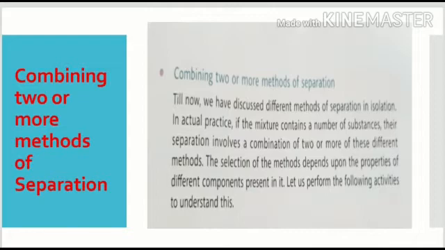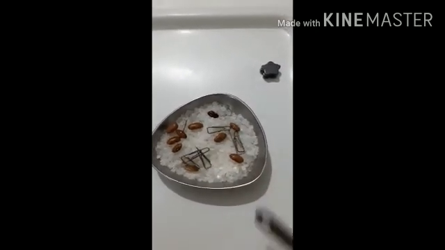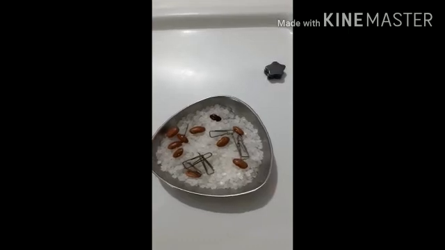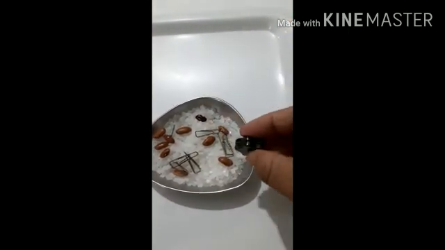Now we are going to discuss combining two or more methods of separation of components of a mixture. Sometimes a mixture has many types of components. So how can we separate them out? We are going to see an activity that will explain everything. In a container there is a mixture in which all are solids: pins, kidney beans and sugar.